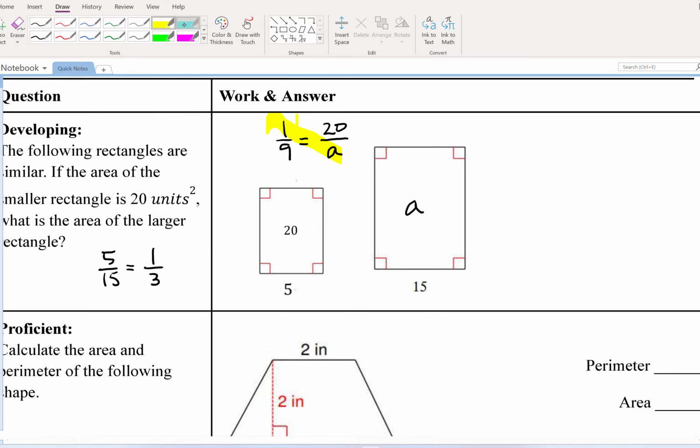So I can say 1 times A, which would just be A, is equal to 9 times 20, which would be 180. And so the area would be 180